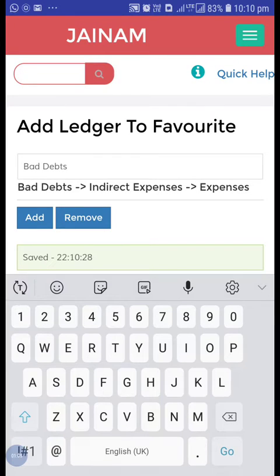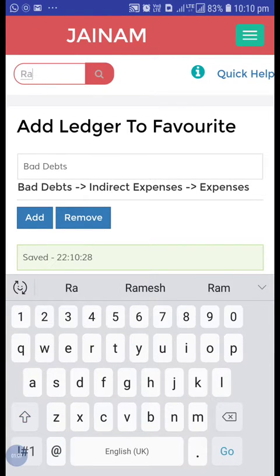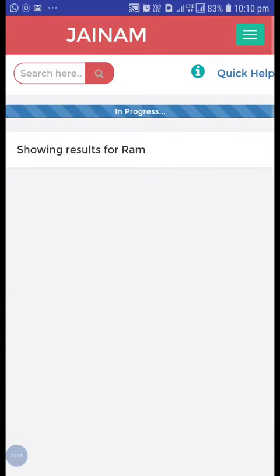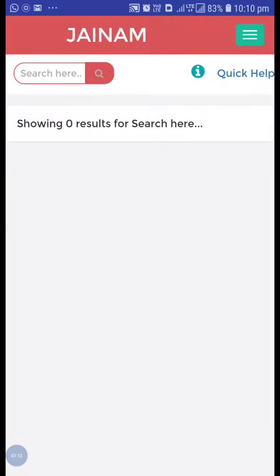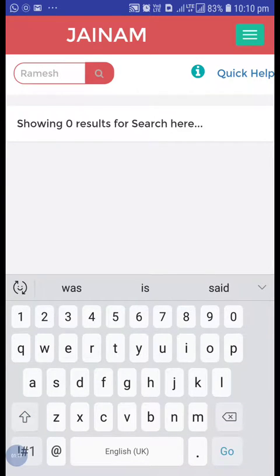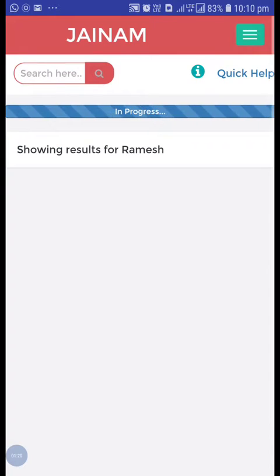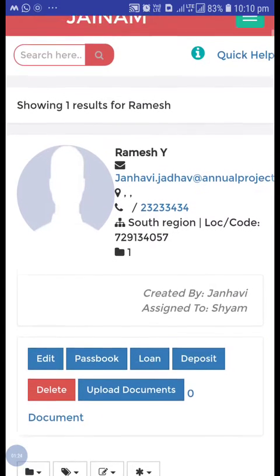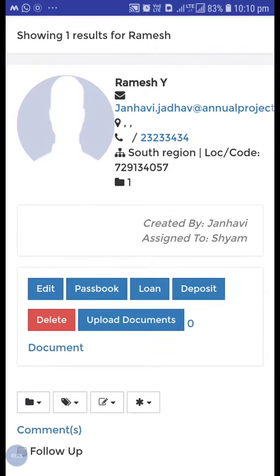Now from the search bar, search one customer, and here you can see all the details of the customer.